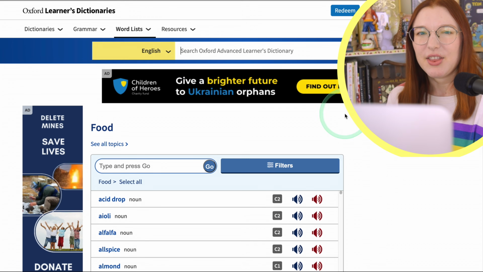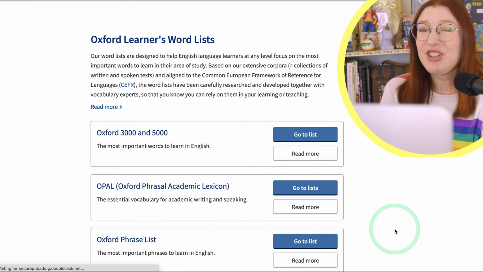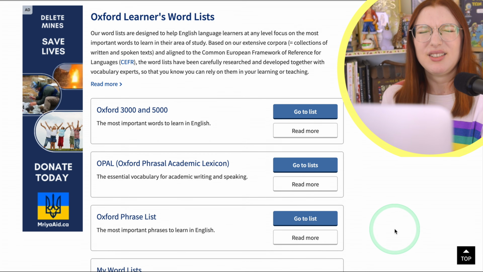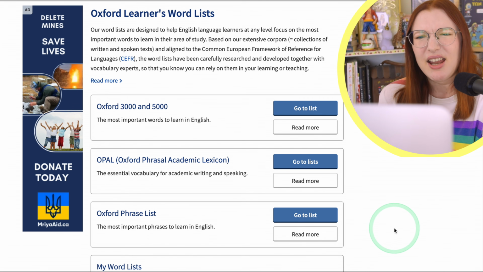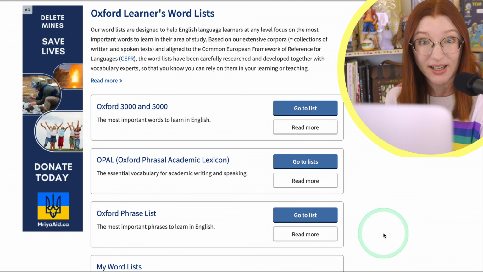One other way to improve your English vocabulary is to use word lists. Usually, I don't recommend relying on any lists with words without context, but they can have some uses. The lists in Oxford have carefully chosen words that you need to know at a certain level of English. Just don't download a list and learn all the words in it one by one without context.